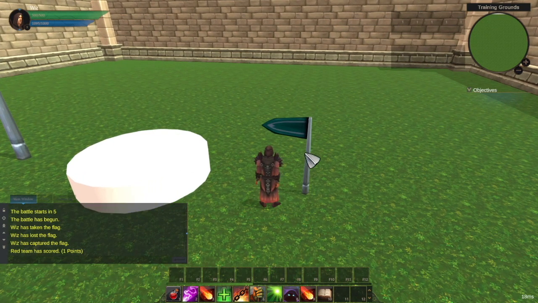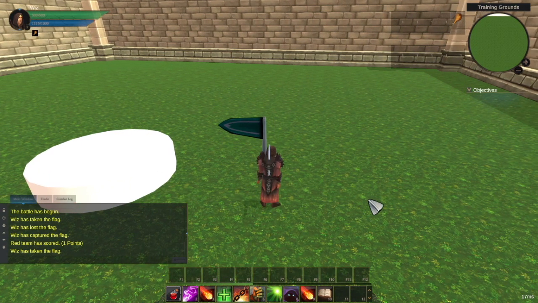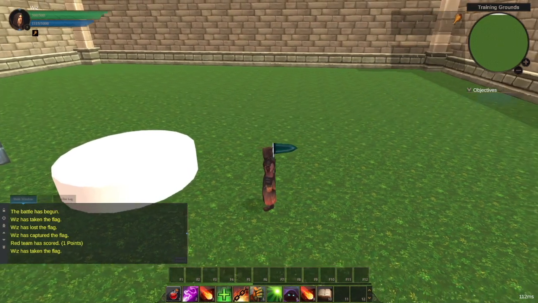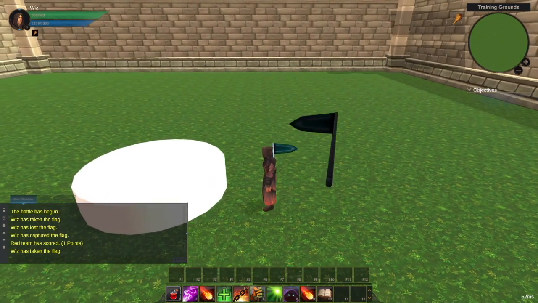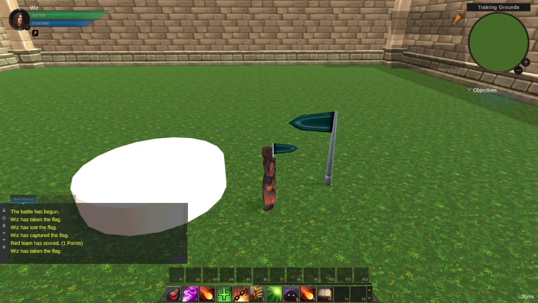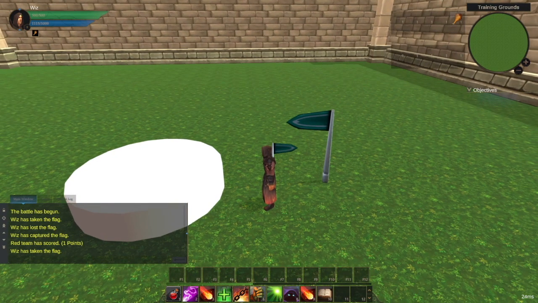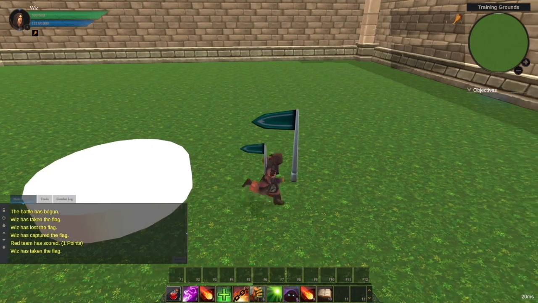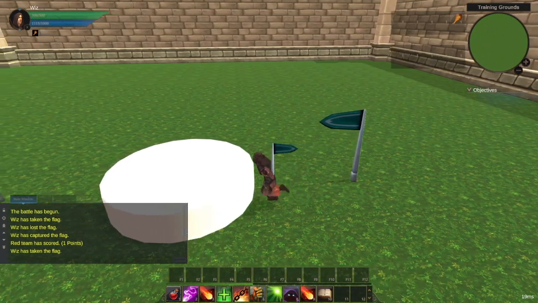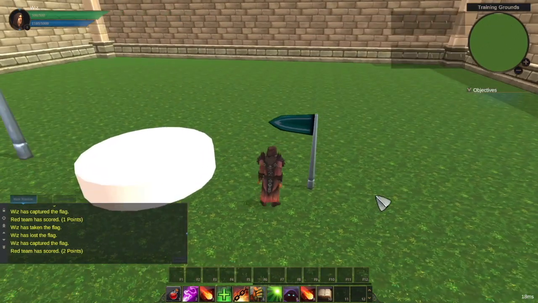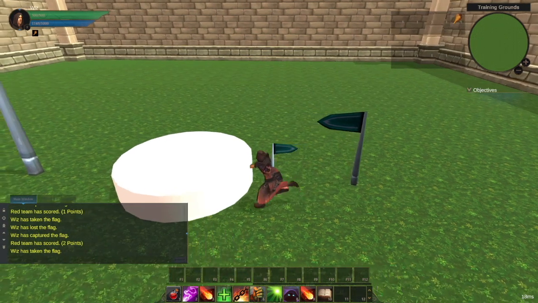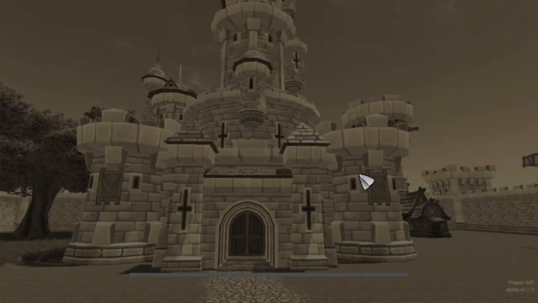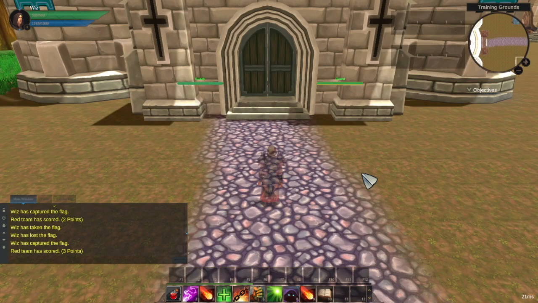So if I have both this aura of the flag and the aura of the base that I need to go to, then it will give me a point to my team. And then I'm not sure, but I think after 3 here, yeah, basically the Battleground finishes, I got teleported out,